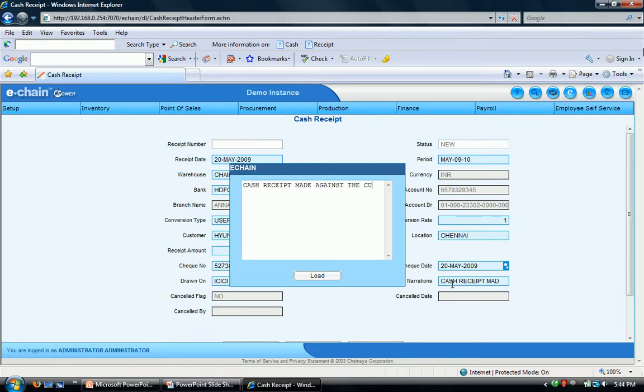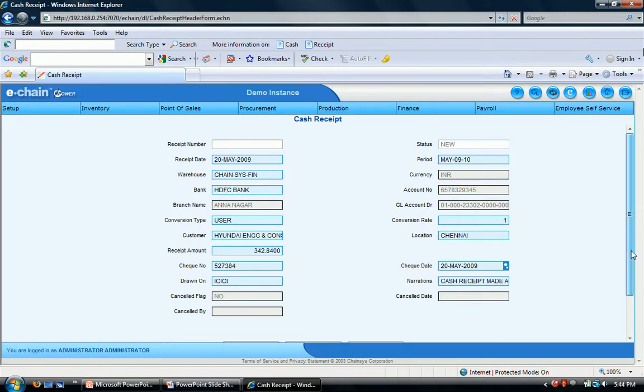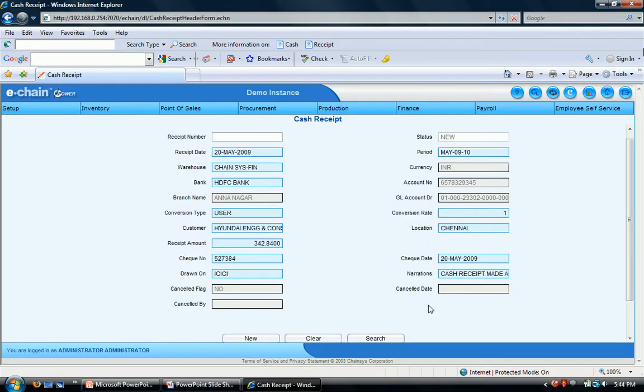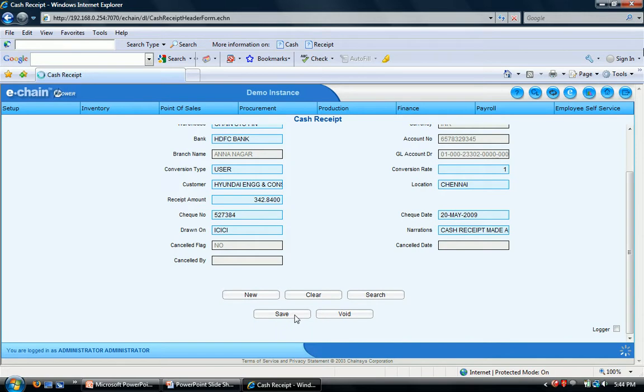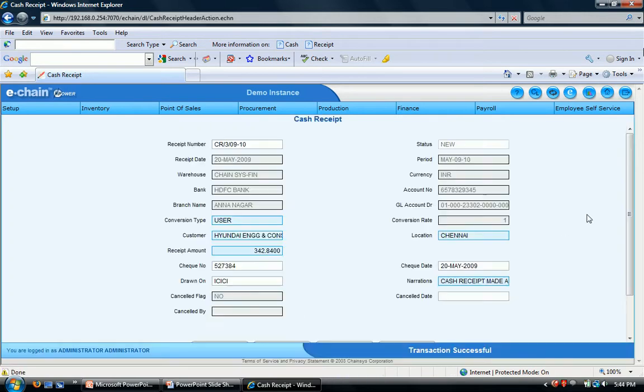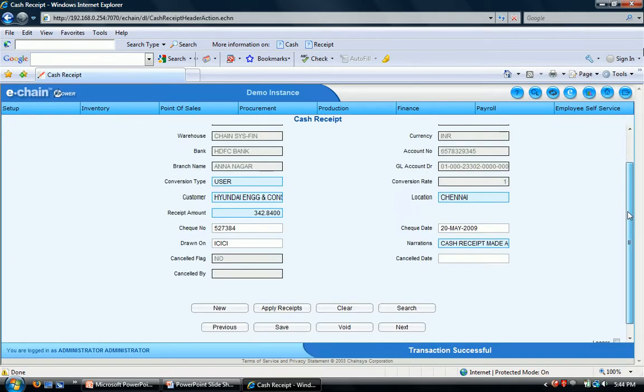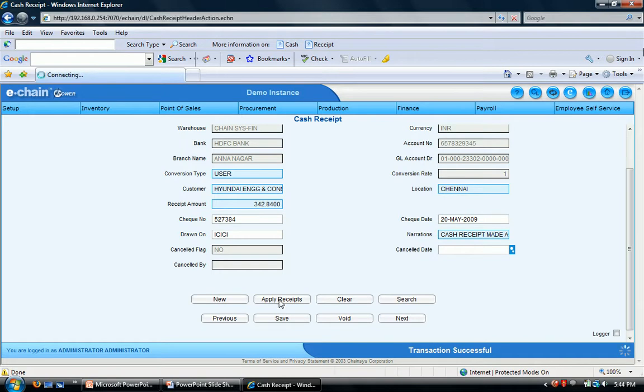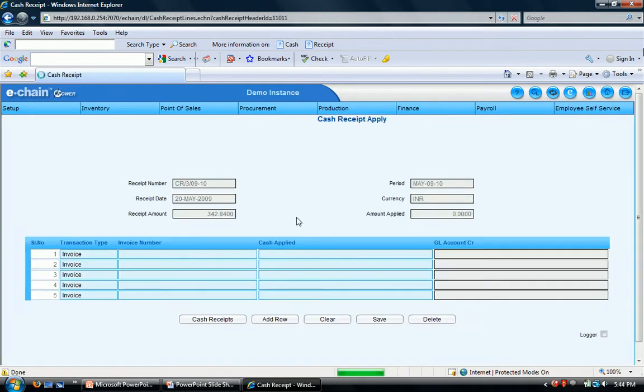So in this case, something generic, once again, cash receipt made against the customer. It's very straightforward. I'll go ahead and save it now. I get my successful transaction notice,